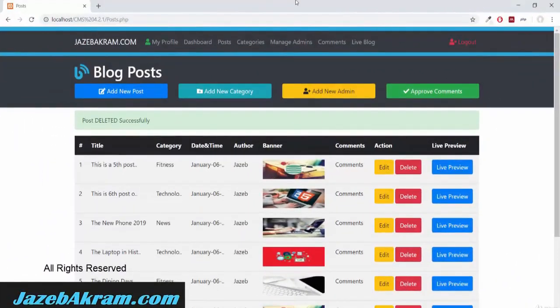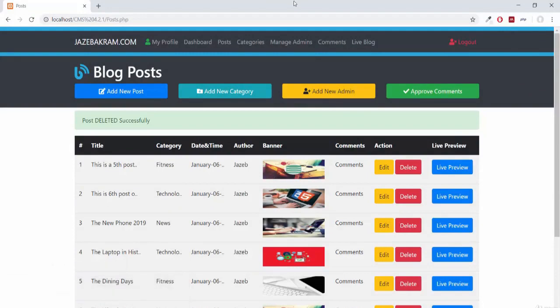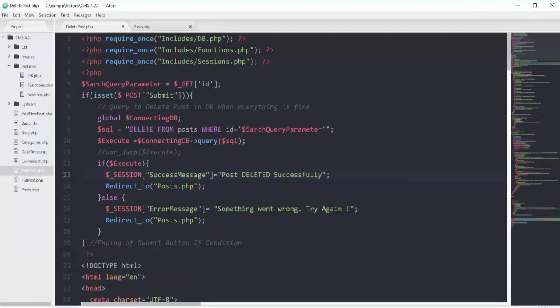We saw this case when we delete our post, the associated image still stays in our directory of uploads. So we will tackle that case in this movie. So back to my editor. Now, in order to delete our image, we have to add a bit of code in this block of submit. And we have to use one function, unlink. By using it, we can delete our image from our directory of uploads. But for deleting our image, our name of image should be present in this submit scope.